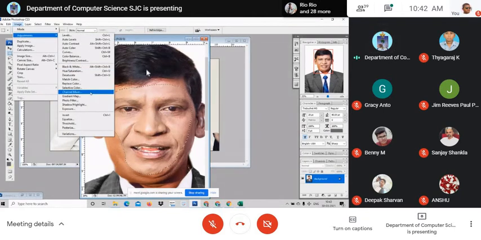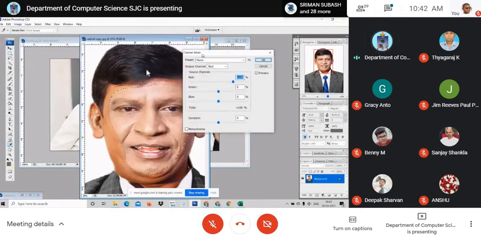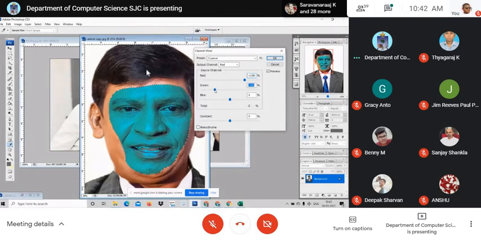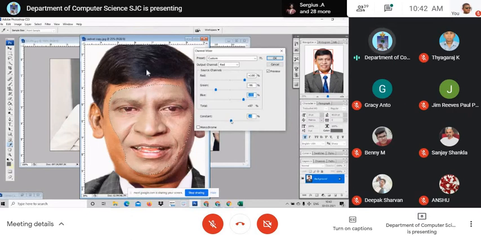Channel mixer. I just click over here. This is called channel mixer. You get, see, red color is increased to 100%. Now I increase the green, the blue. See, you get the difference. Adjust it and you'll get the difference. You increase the contrast, decrease the contrast. Particularly for red alone. For example, green. I want to reduce red.